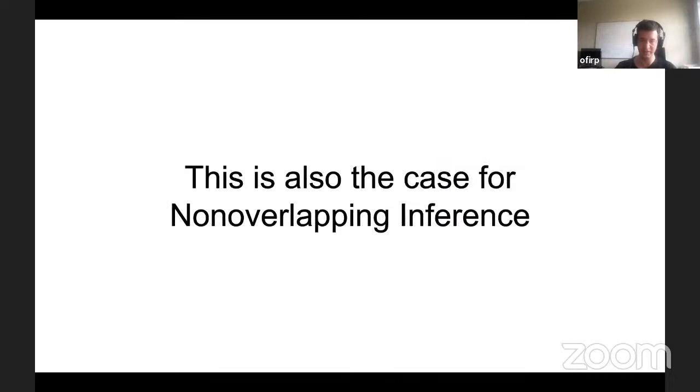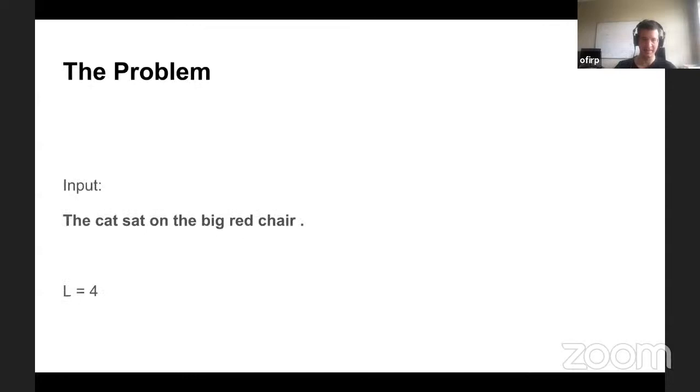And we also do this during inference. When we have a really large inference set, we look at every subsequence independently. And here's a problem with that. Say we have this toy example where our entire evaluation sequence is 8 tokens long, and we have a toy language model whose input subsequence length is 4,